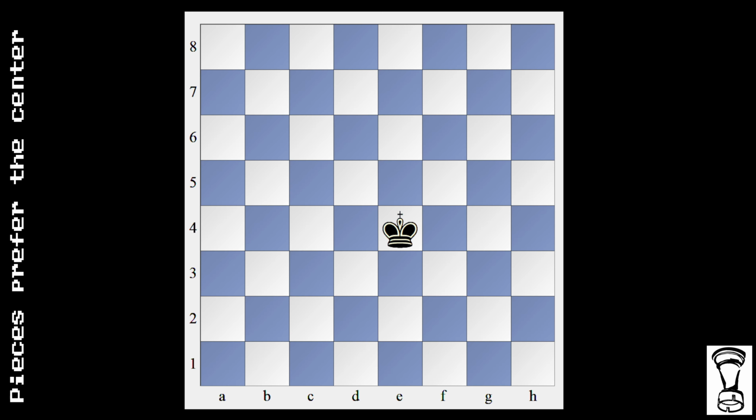We're going to have a piece in the center of the board, which is e4, e5, d4, or d5, on an open board, meaning it's the only piece on the board. So, that's just to see where the cursor is. All right, the king is in the center. It's on e4. Now, on the open board, how many squares can it choose to move to? We've got 3, 4,